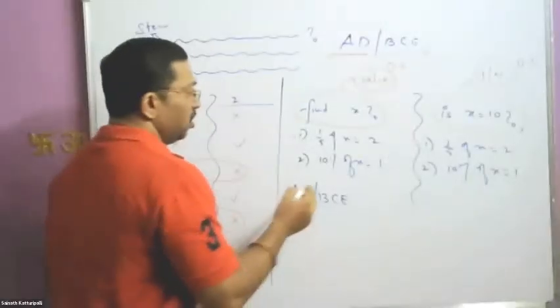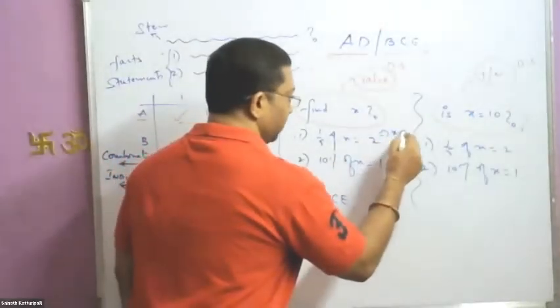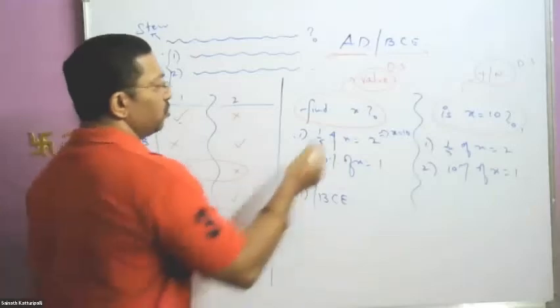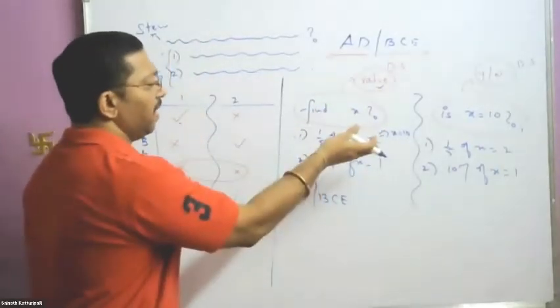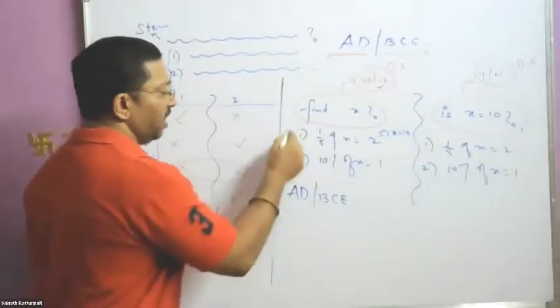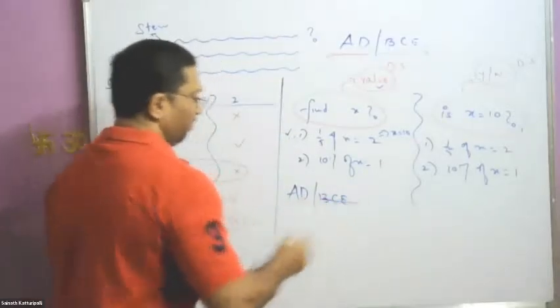Very good. AD, statement 1. x is 10. Very good. So you get x as 10. Yes, sir. We found the value, so remove BC. Now that we have a value for his question, the value we are looking for, we consider it sufficient, right? So sufficient, therefore BC gone. Very good.